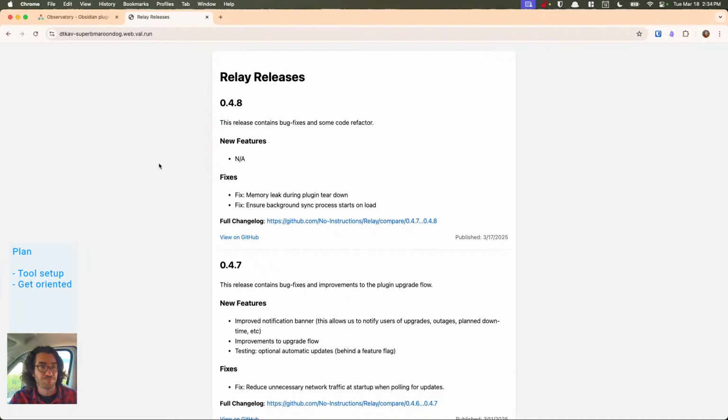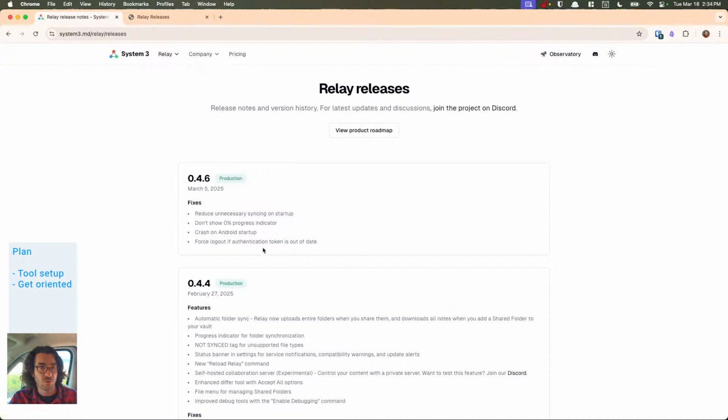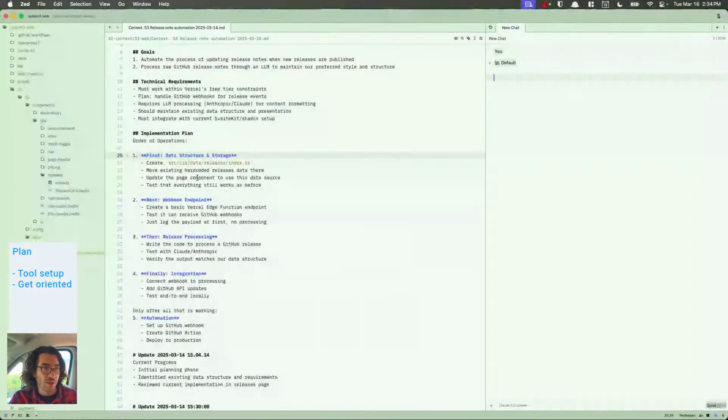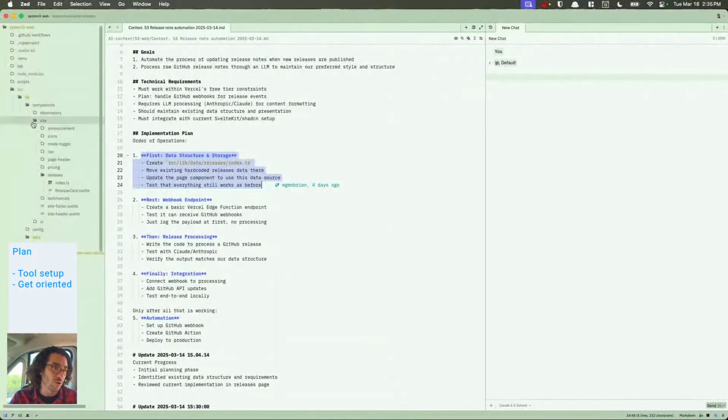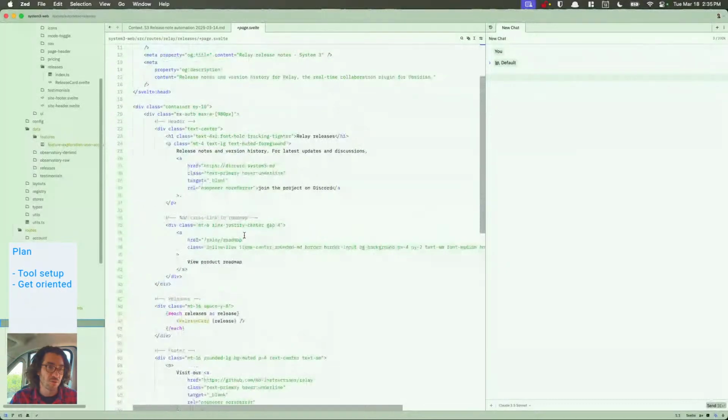Alright, so where are we at? Right, so we want to get this releases page automated. And we had made a plan. So we did this, that's good. We fixed the data structure, so we moved the content of that page out of being hard-coded on the page route itself. It was all on here, but now we're just pulling in that data from elsewhere. And so we made some components, a release card, and we put that data elsewhere. We put the data